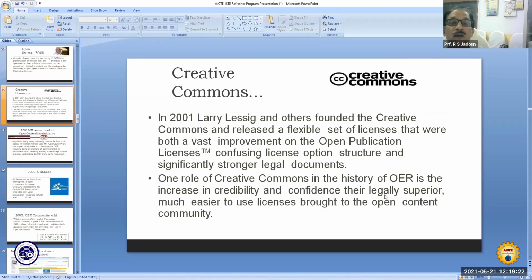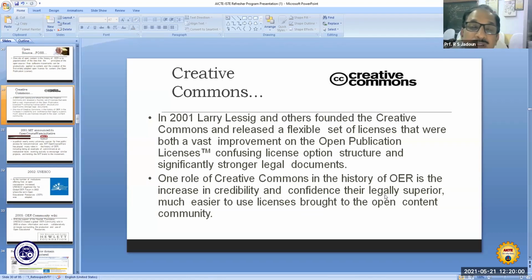So further development took place. What was the further development? In 2001, Larry Lessig and his team founded the Creative Commons platform, CC, and released a flexible set of licenses that were both a vast improvement on the open publication licenses' confusing license option structure, and significantly stronger legal documents.